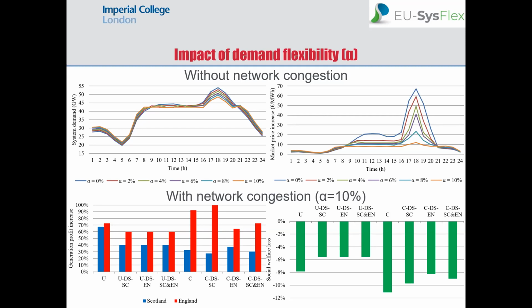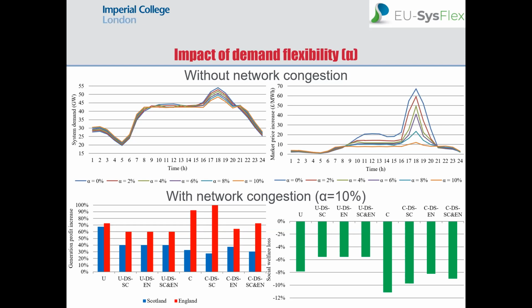In the top right graph, you see a measure of market power, which is how much the price is increased when large producers act strategically and misreport their actual costs. And what we can see is that demand flexibility overall helps us reduce this market power effect, particularly because of the highly positive impact during peak hours. These are the key hours in terms of market power, because most of the capacity is fully used and the levels of competition are reduced. So although the overall energy consumption remains at the same level, the market power exercised by large producers is